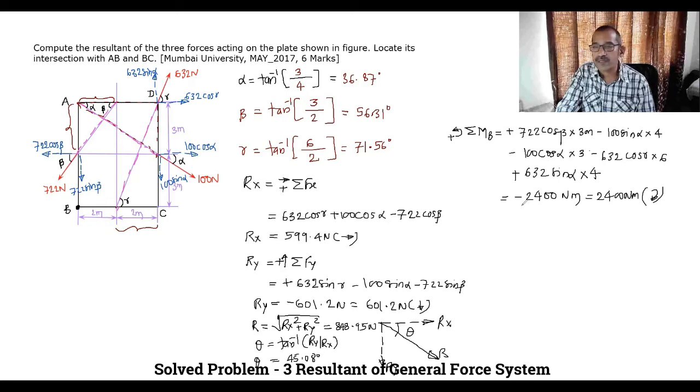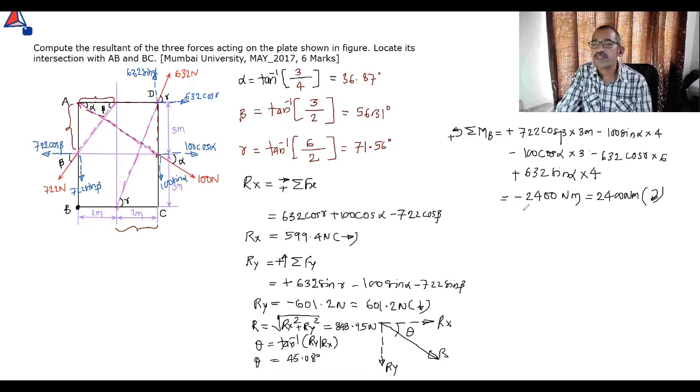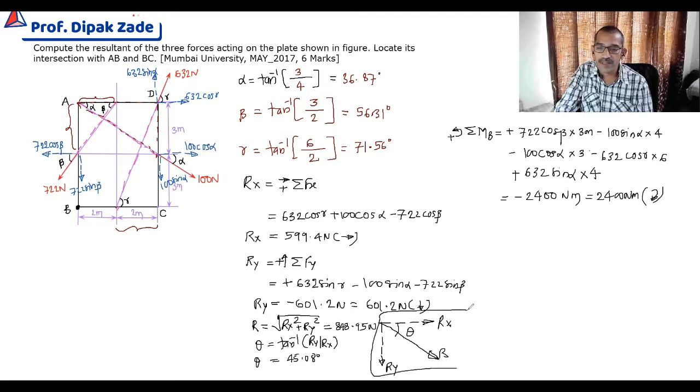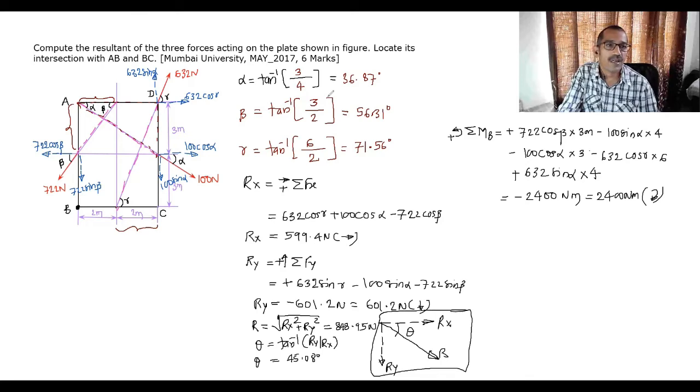When we represent the resultant with respect to B, one thing is important: it is in the third quadrant. And if we try to draw a line to represent the resultant, how will we represent it? Condition: the sum of moments is clockwise, so the moment of the resultant must be clockwise about point B. The direction of the resultant should not change, as it is in the same direction. That means the resultant can be represented something like this.